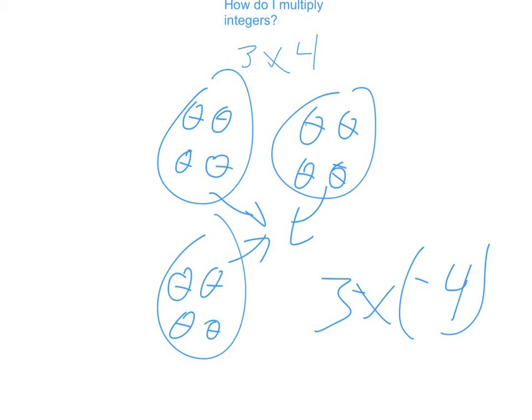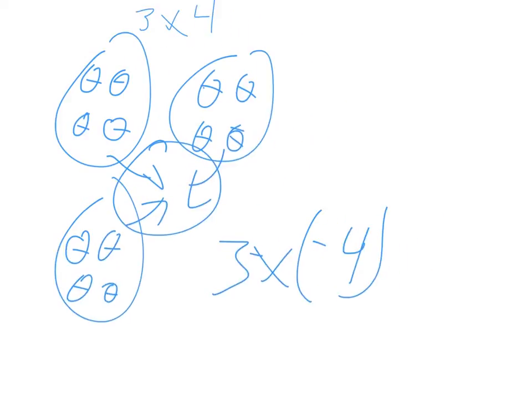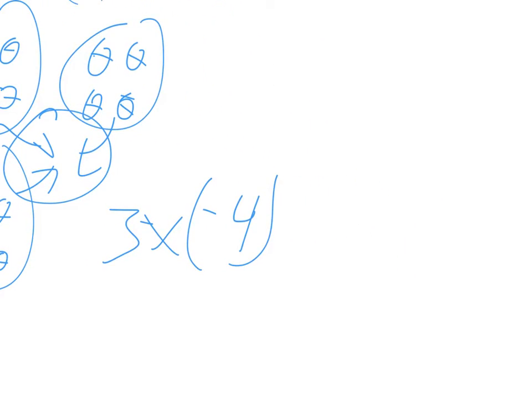So when I go to find the product, it's basically the same as 3 times 4, except when I look at this whole group, 4, 8, 12, it's going to be 12, and they're all negative chips, so 3 times -4 would equal